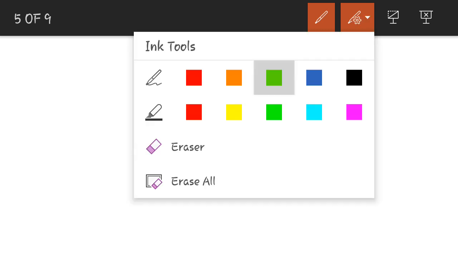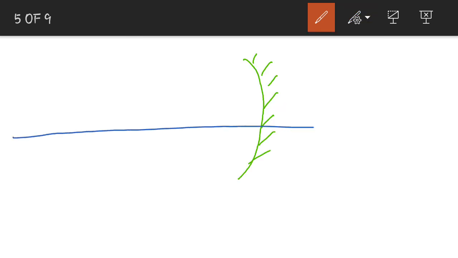The mirror given for us is a concave mirror. So we will be having a concave mirror, and then we will be having a principal axis. This is the pole, this is the focus, and this is the center of curvature. For a concave mirror, focus and center of curvature will always be towards the left side, so they will always be negative. Now we have to keep an object between pole and focus.